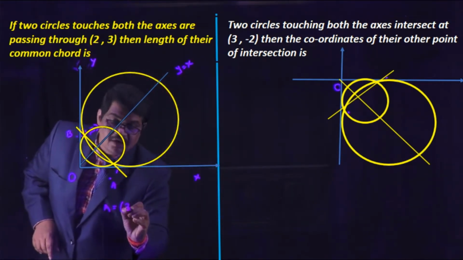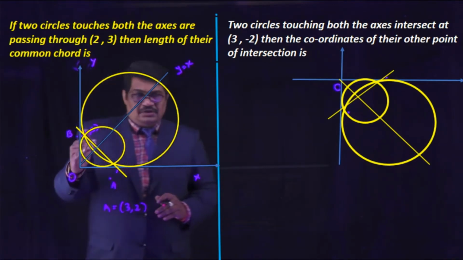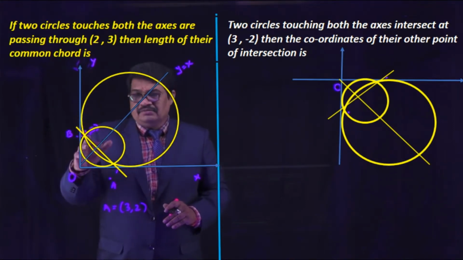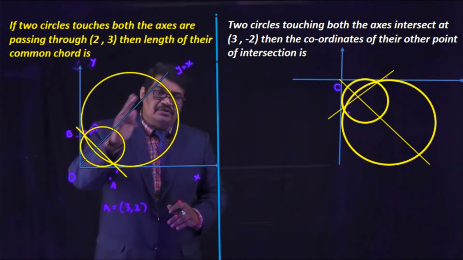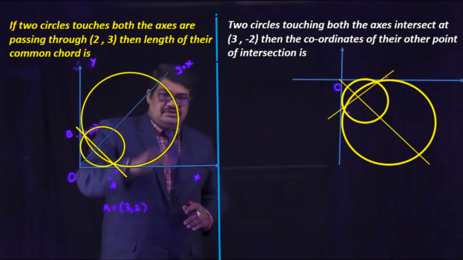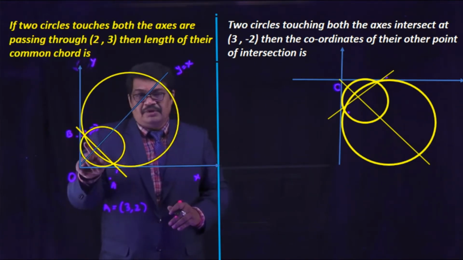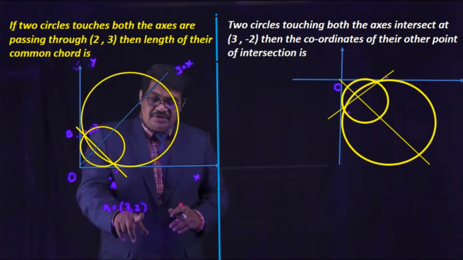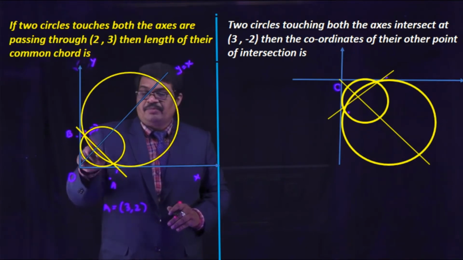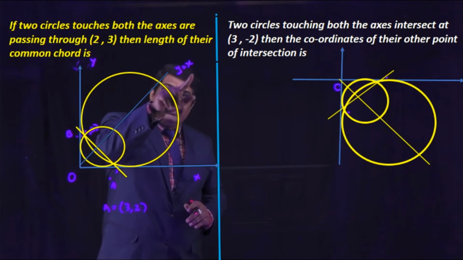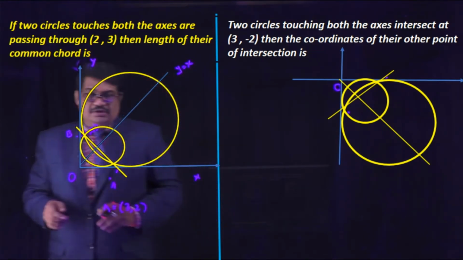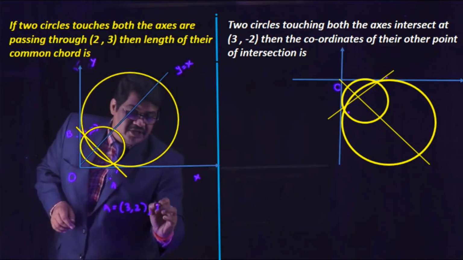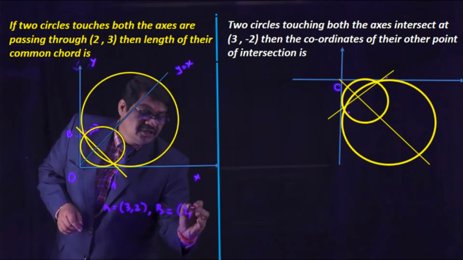The concept we studied in first year classes is that the image of a point with respect to the line y = x is obtained by interchanging the coordinates. Here the point B coordinates are (2, 3), so the coordinates of A are (3, 2), the image of the point (2, 3) with respect to the line y = x.